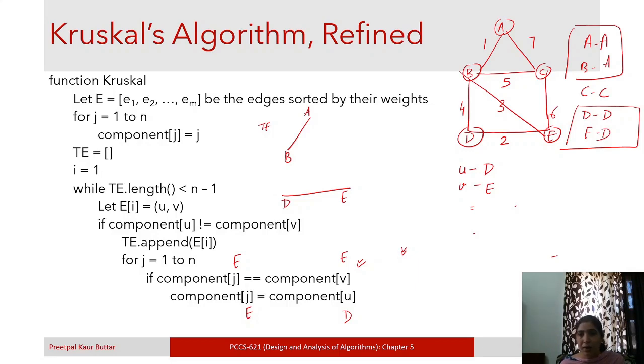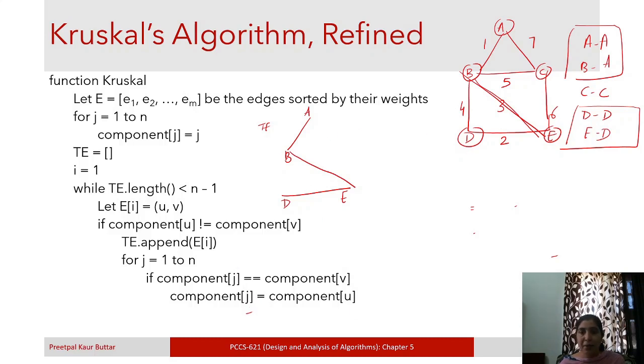And now again we will scan through this list and we will pick the next smallest edge, that is b comma e. So b is belonging to component a and e is belonging to component d. They are belonging to different components. We will add this edge, okay, and then we will update the components.